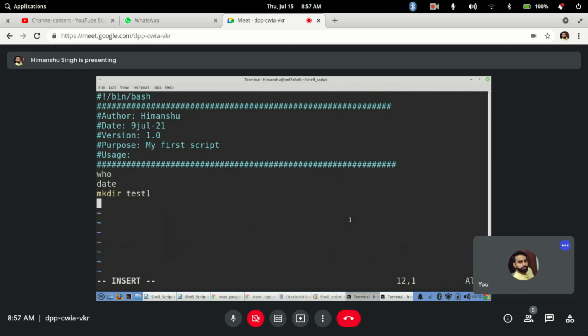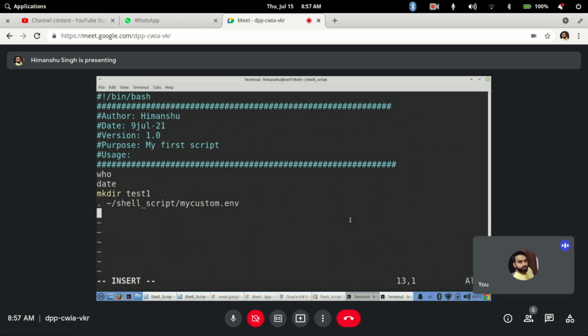So I will do dot, space, for sourcing, and then the path of my custom environment file: user home directory, shell underscore script slash, my custom dot env. Is this line clear?